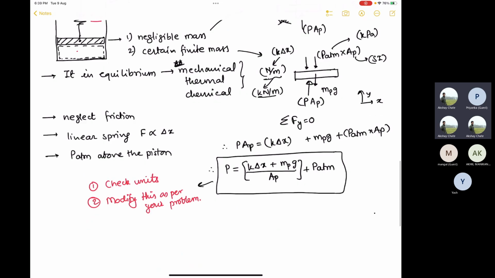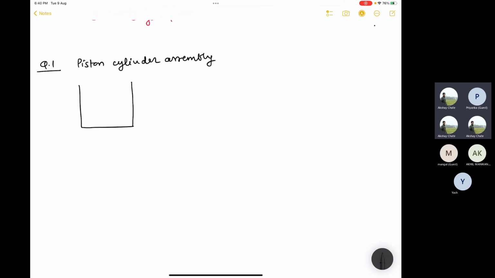Now we have 20 minutes, so I'll quickly go through some problems that I thought we should be aware of. Let's start with one simple problem. You have a piston cylinder assembly. Most of the problems in this discussion are piston cylinder assemblies only, so don't worry about it. I'll just draw it quickly. So if you have such a system,